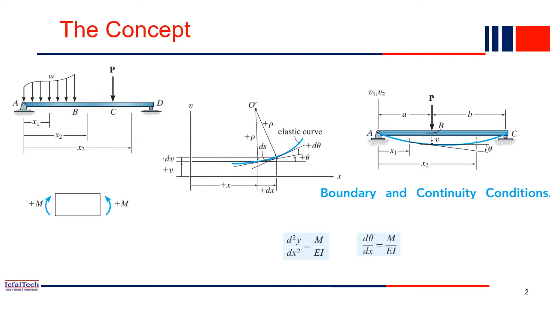So let's get started. If you recall, last class we have derived the equation of a beam. This is the equation we have derived, right? d square y by dx square equal to M by EI. Now can you tell me what is M? M, we discussed, is the moment, right? And E is the modulus of elasticity of the beam, and I is the moment of inertia, and the deflection at any point is y. So this is the equation we have derived in the last class.